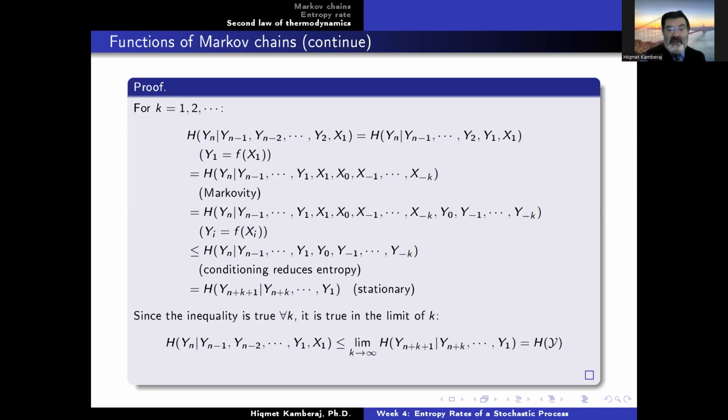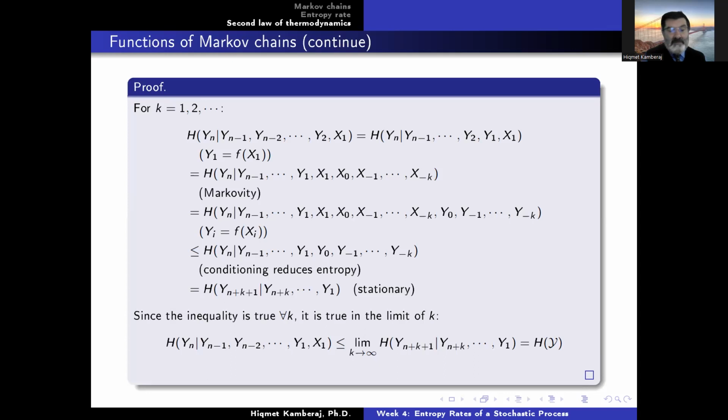Then conditioning reduces the entropy, which gives me the third inequality, less than or equal to the fourth one, h of yn given yn minus 1, y1, y0, y minus 1, y minus k. So I remove the condition from the x1, x0 up to x minus k here. Then because of the stationarity, I do a shift in time, and I get h of yn plus k plus 1 given yn plus k and so on